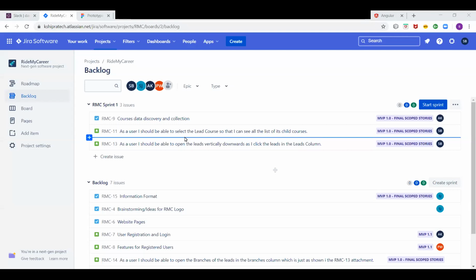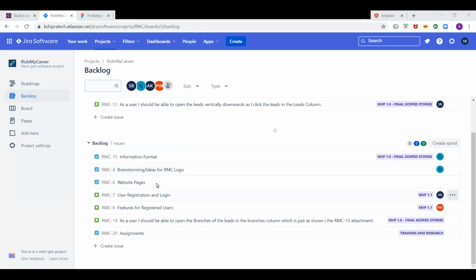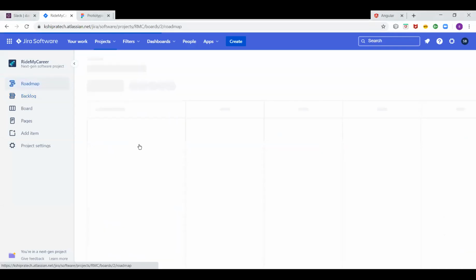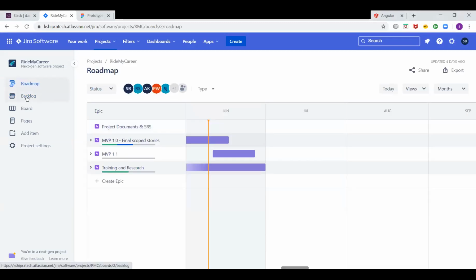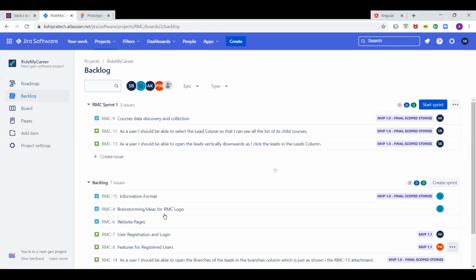So just create a backlog over here, in the backlog section, whatever you have thought about your software or your product. Write it down as a user story. Explore what a user story is, what an epic is. Write it down over here. Create a roadmap. For example, you can create a roadmap of what you are going to deliver within a given time schedule, and you can think from your academic project perspective. Create a backlog over here, and